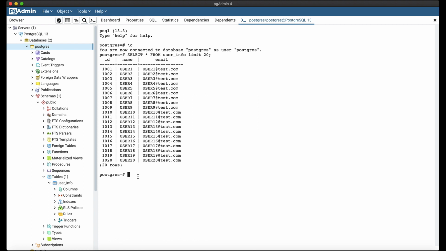Let's try creating some sample table. CREATE TABLE sample with two columns, id as integer and name as character varying.